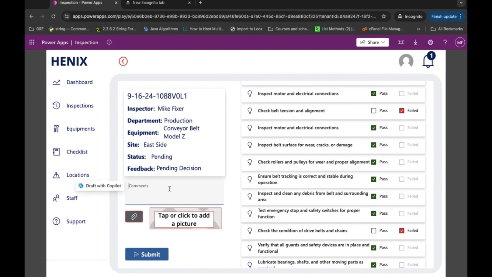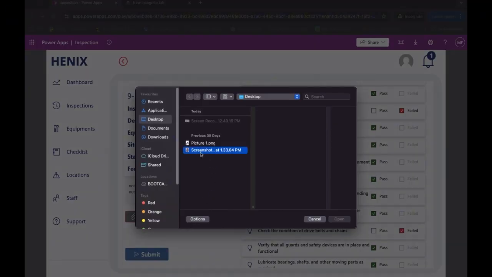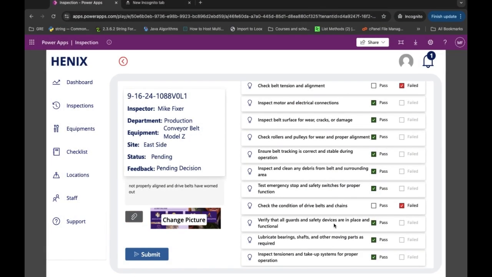So I'm gonna be like, not properly aligned, and drive belt have worn out. Add a picture, just a random picture. Open, and then